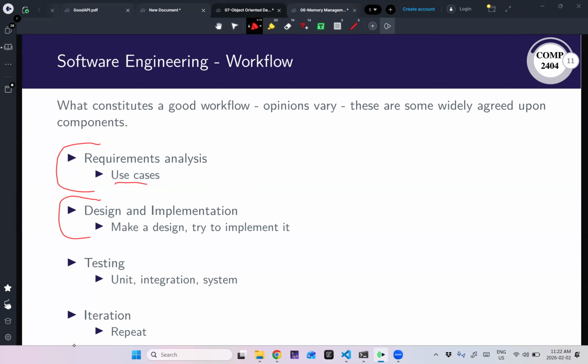Now, design can be very complicated, with a lot of documentation, like you'll do in 3004, or it can be a very simple sketch on a whiteboard, or it can be all in your mind. All of those are fine. And then you start coding. Once you have written something that seems to work, test it, and then repeat, essentially. This workflow works for very simple cases, just you sitting at home, or you working at Google. These are the same basic steps in both cases.